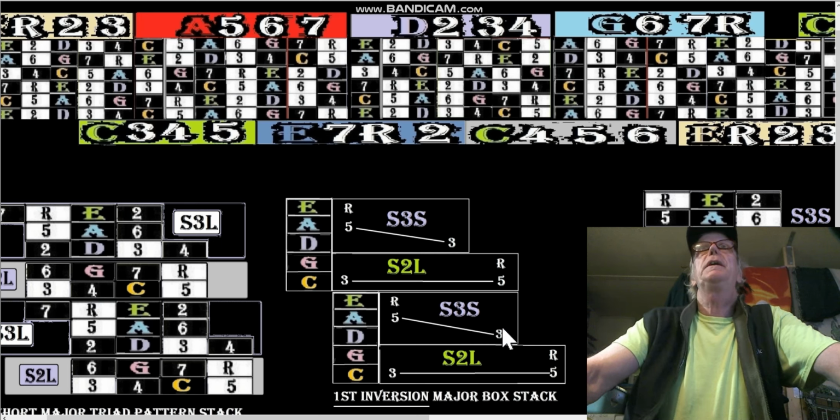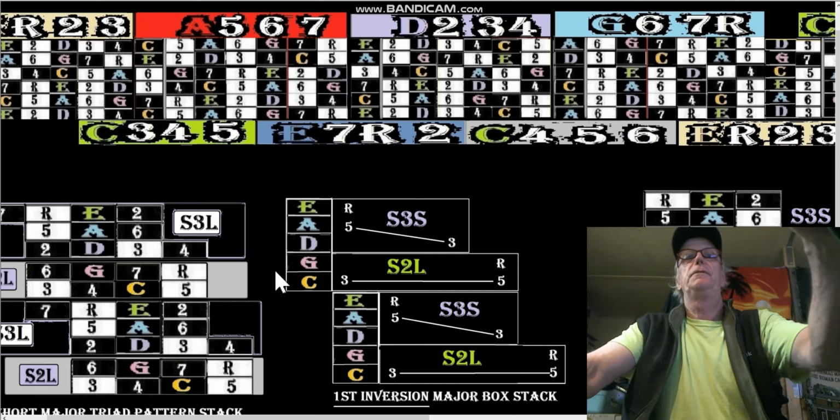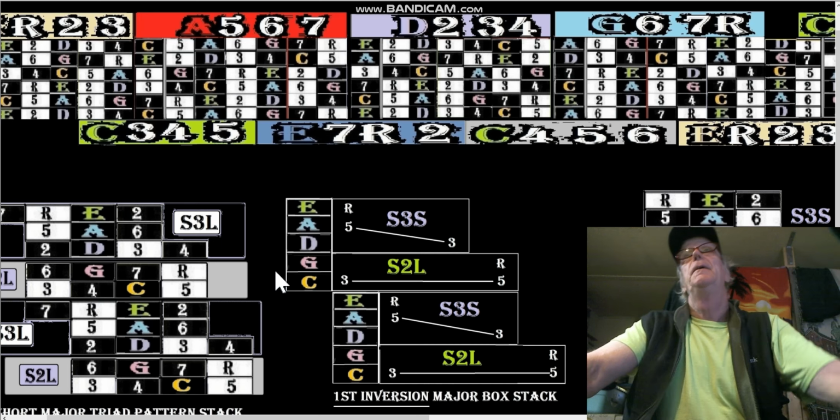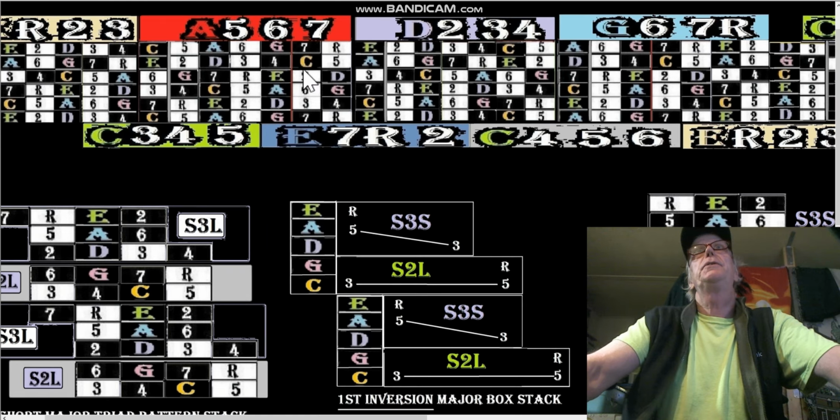So if we break down triads, which is just 3, 5 root, or root 3, 5 right there, root 3, 5 key of C, root 3, 5 key of A, okay? Break them down into these shapes. That's all. If we want to place the short patterns, that's all we have to do, is just keep building these triad shapes on top of one another. That was the gist of